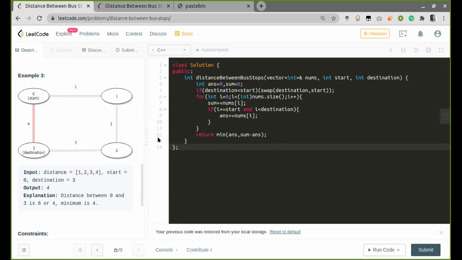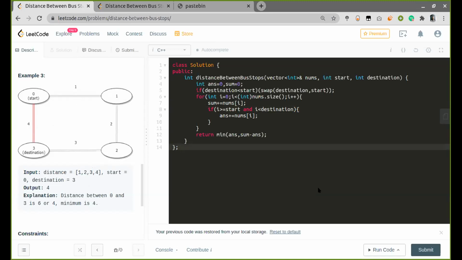That is the forward calculating. That's why I is greater than or equal to start and less than the destination. So if I need to calculate from 0 to 2, I need to get the value of the 0th index. This is why for start I have taken equal, but at index 2, I don't need the value of index 2, which is 3. I just need 1 and 2. So I will take all the values from the start index until the destination minus 1. So it will be 1 and 2. So if I want to calculate for 0 to 2.